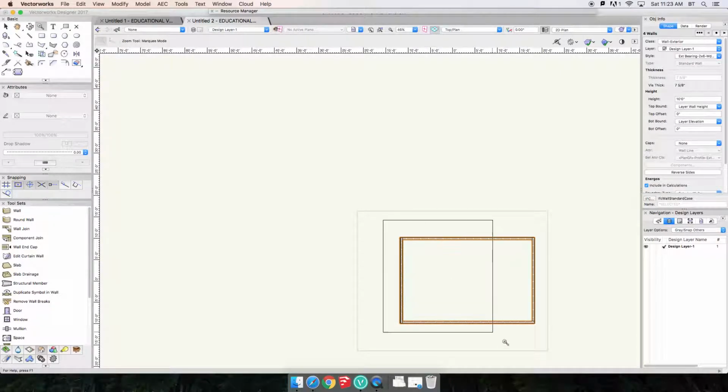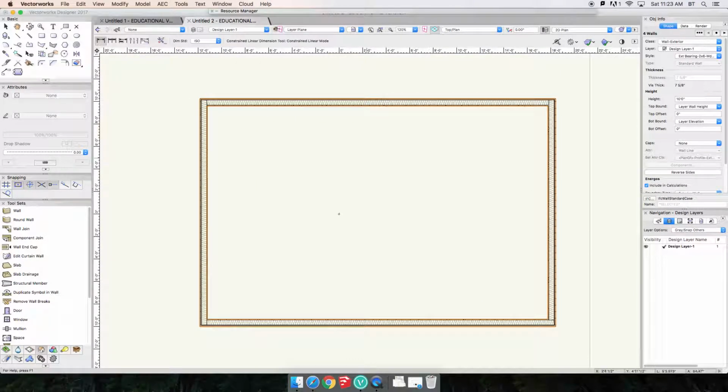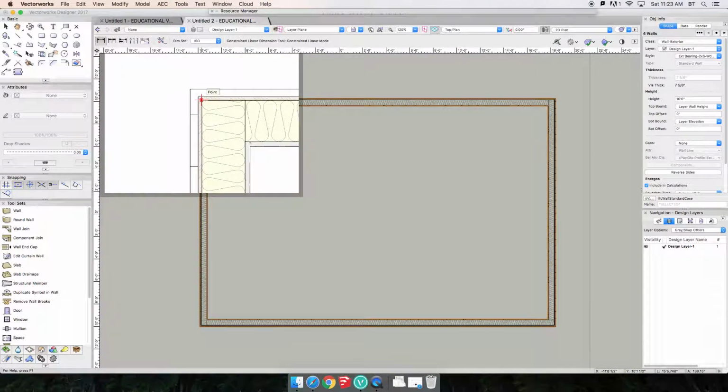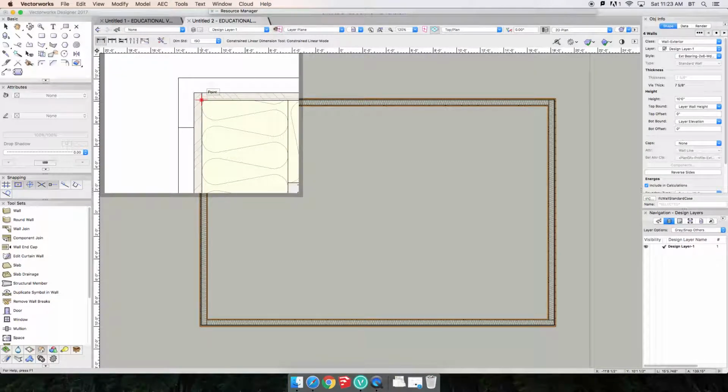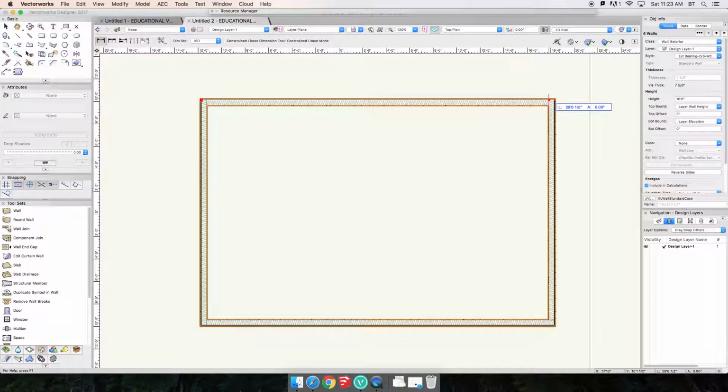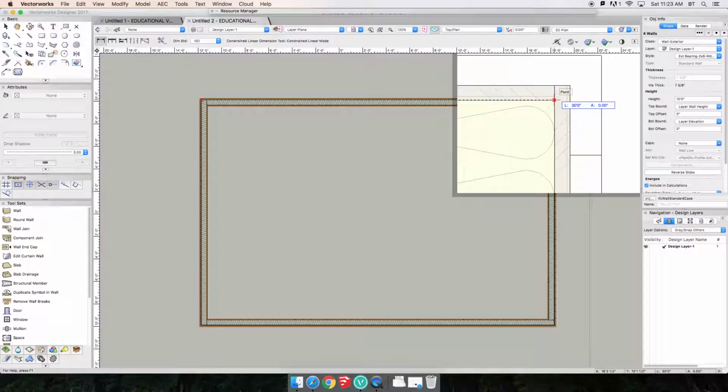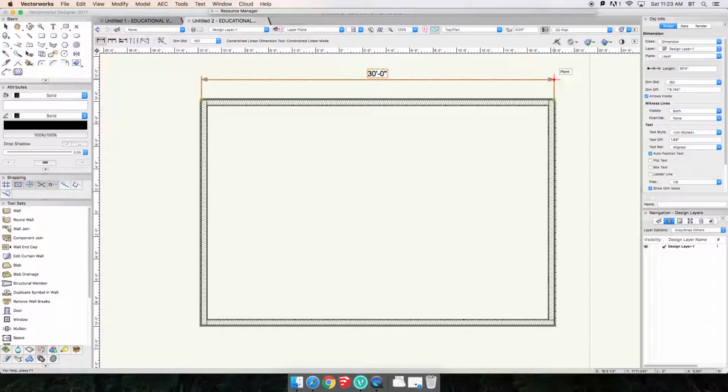Okay, so now when I take my dimension tool, the thing is, I know for a fact that the core component in this case for this wall style is the stud framing. So not exactly where we want to measure from, but where this is going to measure from, and I get 30 feet. Okay,